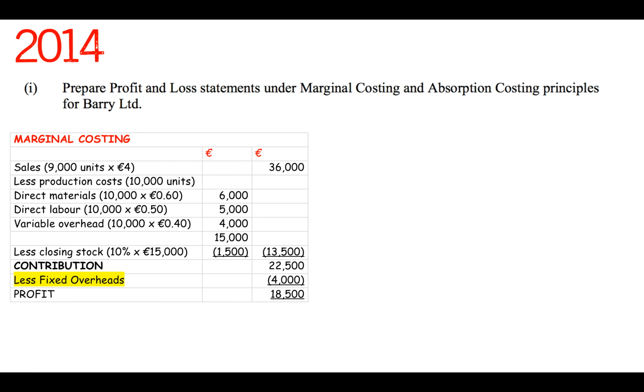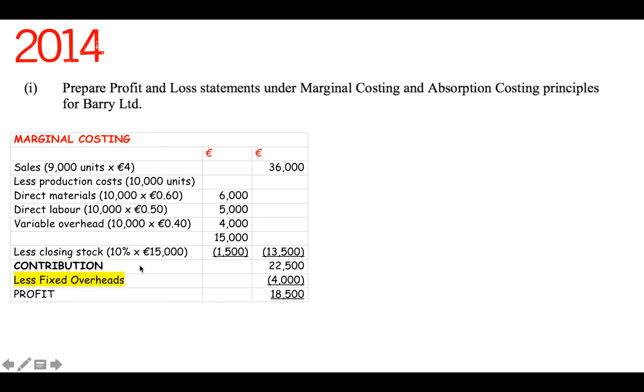Now, the closing stock is going to be taken away from this figure here. So €15,000 it costs to make the 10,000 units. So what is 10% of that? The closing stock is 10% because 90% were sold. So the closing stock is 10% of the variable cost there, 15,000. So that is €1,500. So we take that 13,500 away from the sales and we get our contribution, which is